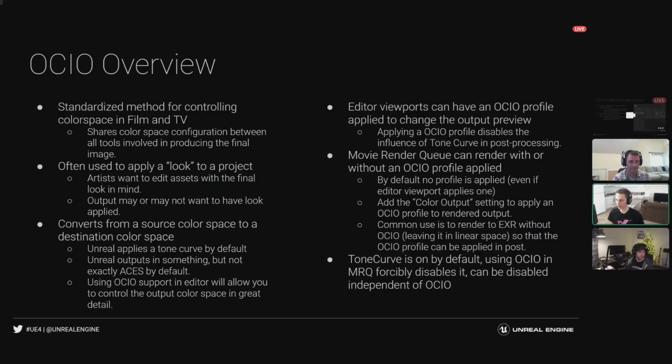Or you can render without it, and you can render with just tone curve disabled, and that'll again give you the linear sRGB. Then you could take that linear sRGB image into Nuke and apply your color grading there in Nuke, or your OCIO profile in Nuke, to get into your destination one. So both options are there. It is, again, up to you once you start using OCIO what your output color space is in.